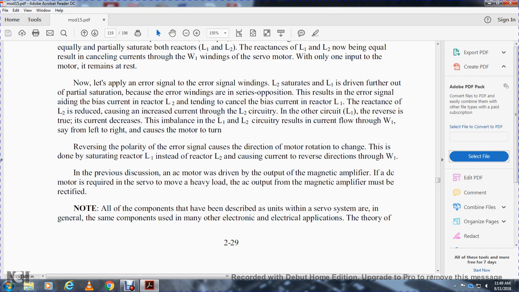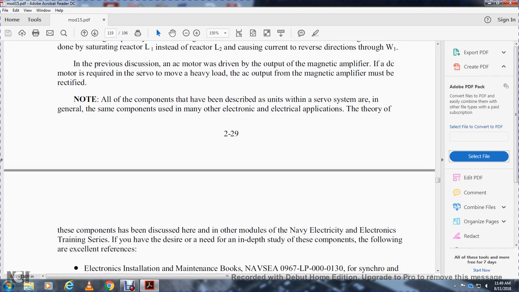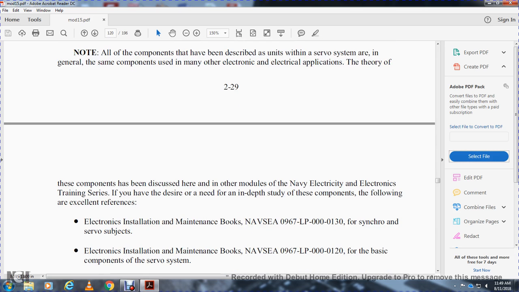All the components that have been described in the unit servo system and in general servo systems are used in other electronic and electrical applications. The theory of these three components has been discussed here and in other modules of the Navy electricity and electronics training series. If you desire an in-depth study of these components, excellent references are: